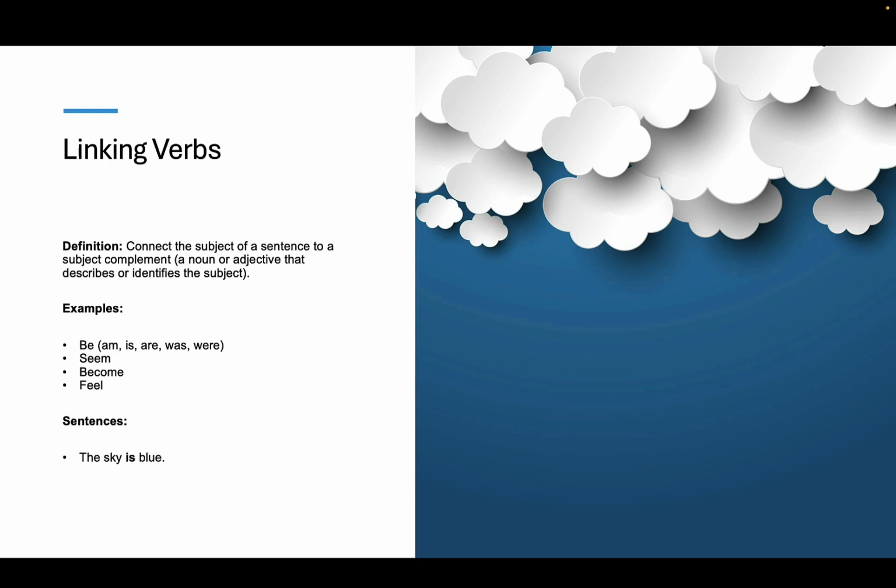Here, is is the linking verb because it connects the subject sky with the adjective blue that describes it. Now what about this one? She seems happy. What do you think? Seems is the linking verb because it connects the subject she with the adjective happy that describes her. The linking verbs in these sentences are is and seems. They are linking verbs because they connect the subjects sky and she to the words that describe them, blue and